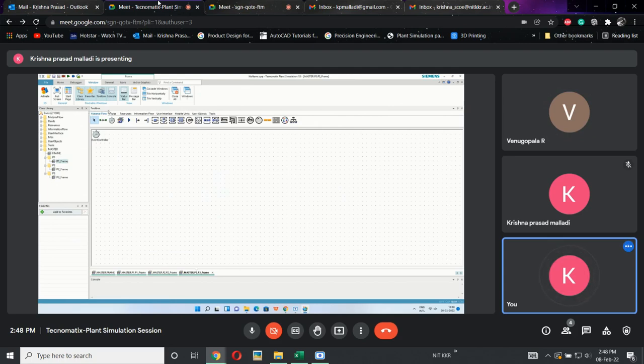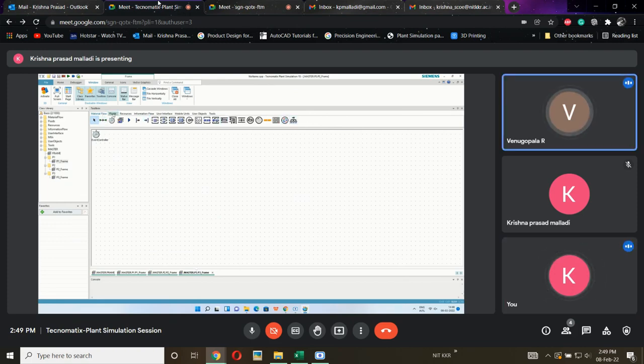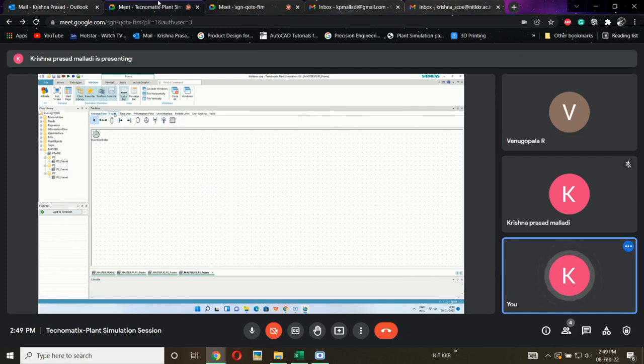Second is the toolbox. The first one is the class library, the second one is the toolbox. All the tools involved in this plant simulation will be in this ribbon only: material flow, fluids, resources, information flow, user interface, mobile drawings, user objects, tools. These are all different forms of tools used for model creation.